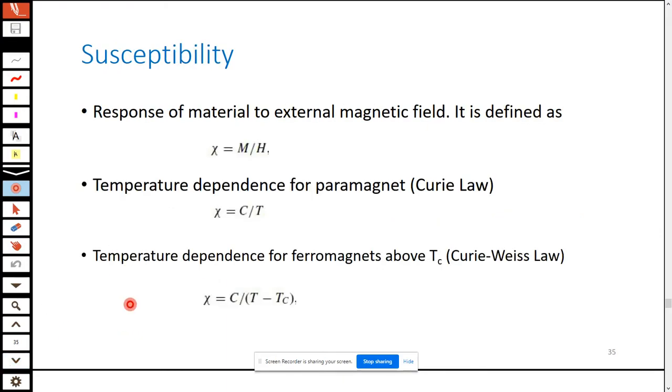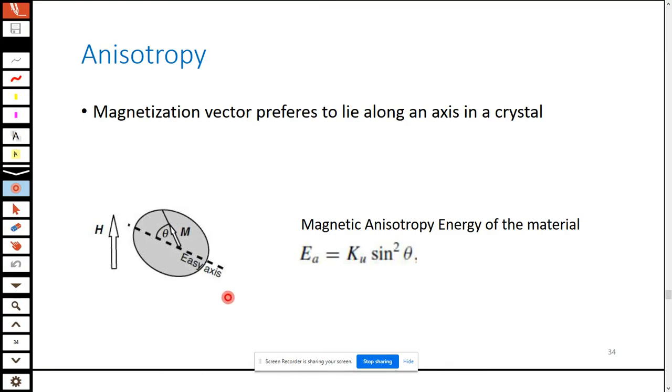Yes. In the previous slide, why did you use the term easy axis? We say it is an easy axis because if I remove the magnetic field, so there is no magnetic field, magnetization will stay along this axis. That means it is easy for the material to have the magnetization along this axis. Similarly, there will be a hard axis, perpendicular to this easy axis. Hard axis means magnetization will never prefer to stay along the hard axis, which is 90 degrees to the easy axis. So if my easy axis is along Z and I have no magnetic field,